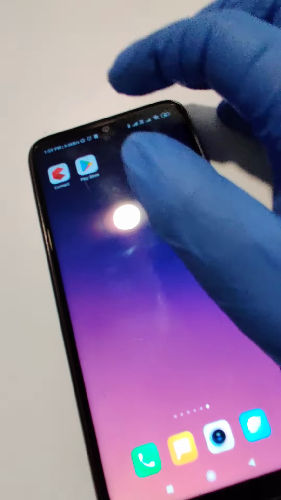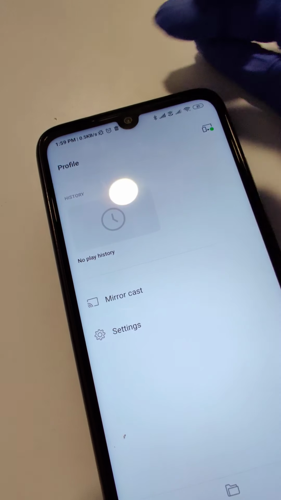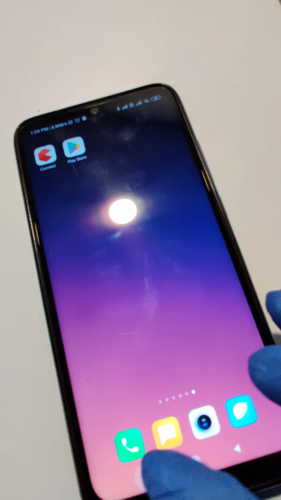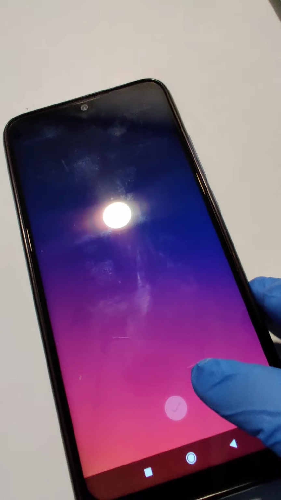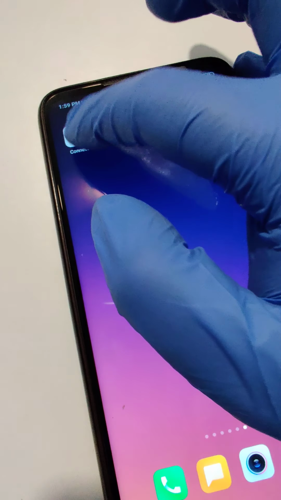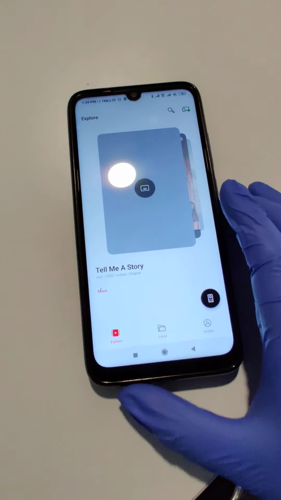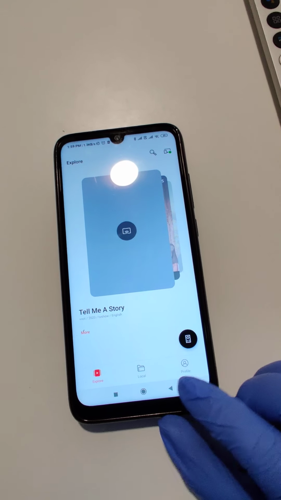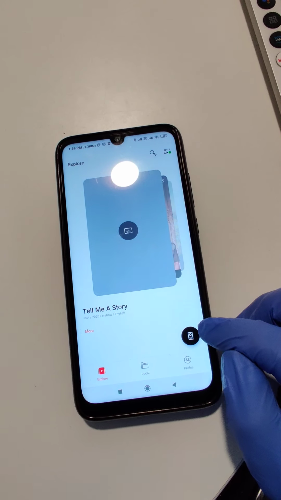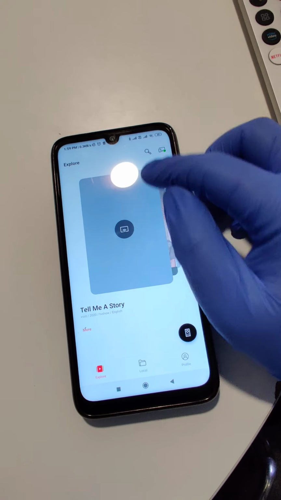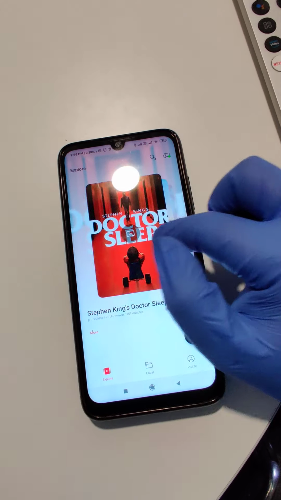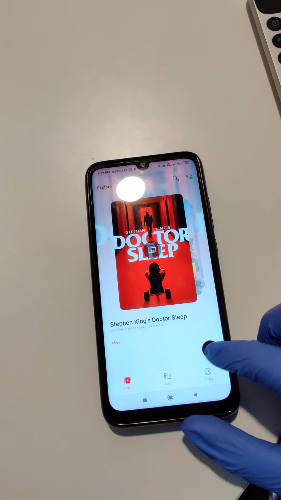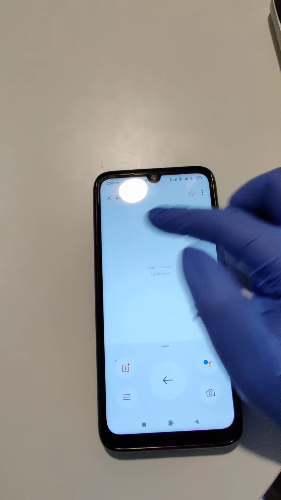I'll go back and turn on this OnePlus Connect. I'll completely close the application once, then I'll turn it on from the start. So now I'll turn on the application. This is the application, and we can clearly see different options are available: profile, local, and explore. Apart from that, we have a remote button here, and this is the content available which you can see directly on your TV. So I'll go to remote directly, and if you see the trackpad on this area,